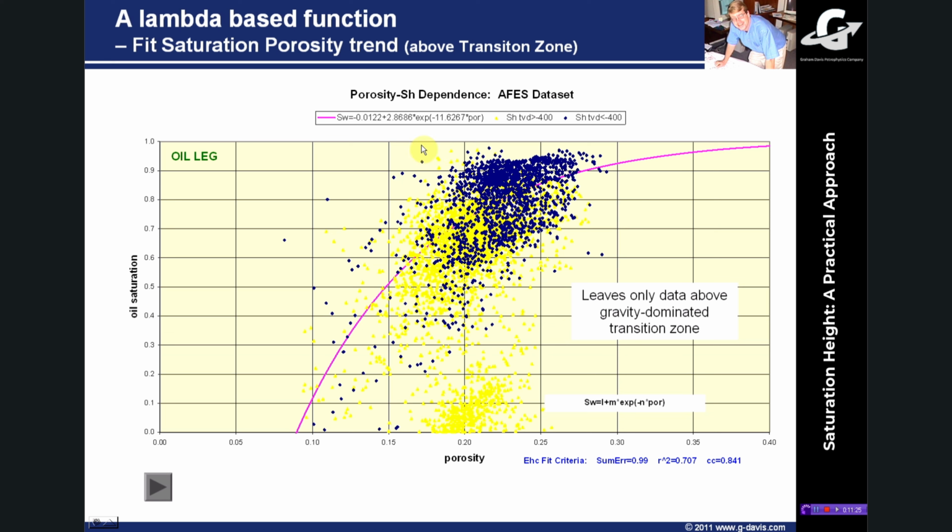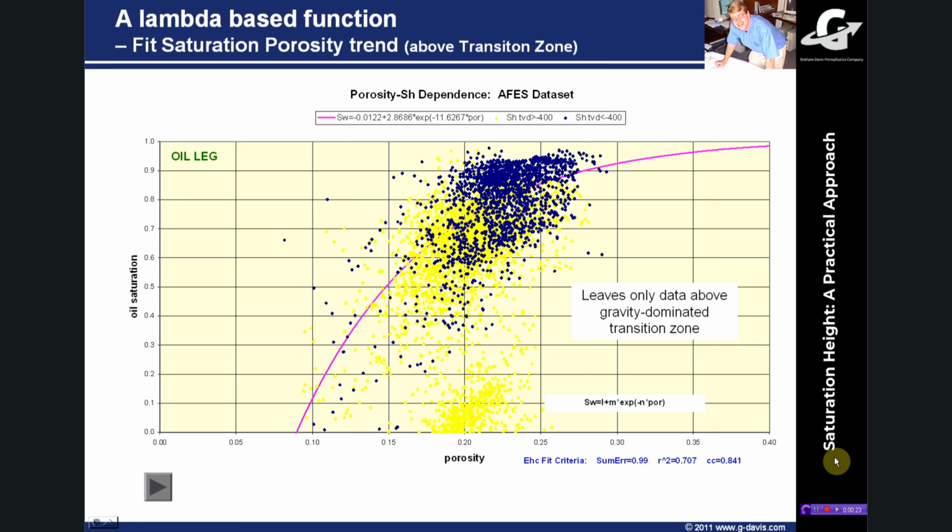But anyway, nevertheless, it's quite a useful thing to look at your reservoir in these terms, above any gravity effects, concentrated on what rock quality is controlling your saturation. Again, it's done in terms of porosity, because that's the most readily measured term and it's readily mapped. So if you think in terms of porosity as your proxy for rock quality, then that's obviously often the simplest thing to do. However, as we'll see later, using porosity as our proxy for rock quality as opposed to permeability can get us into a little bit of difficulty, and I'll show you some examples later on where we should really attempt to use permeability.